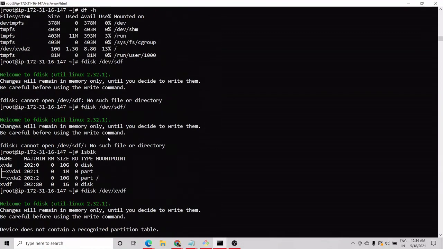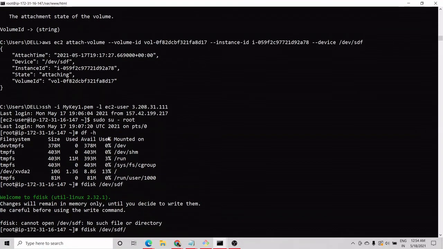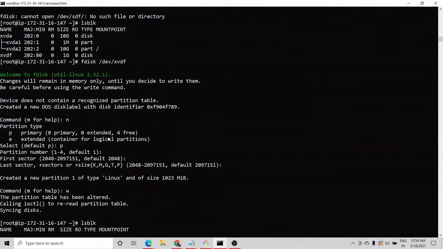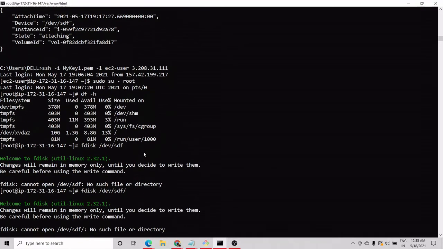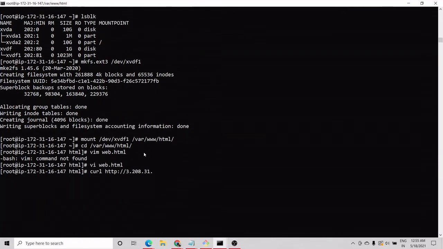Okay, this is a Linux server, so we can't simply do it that way. 3208.31 and 111, web.html. Fine.